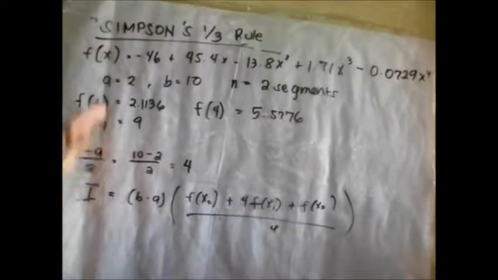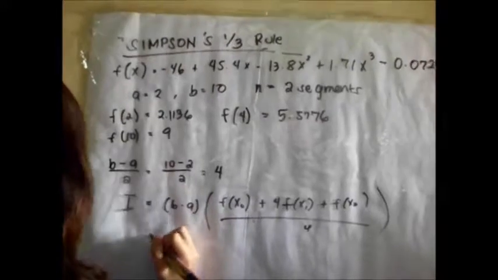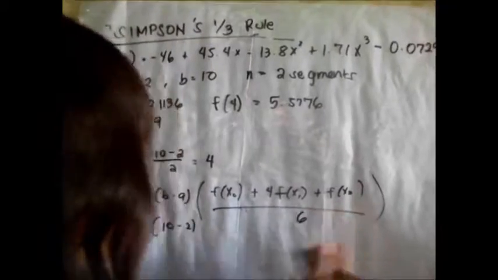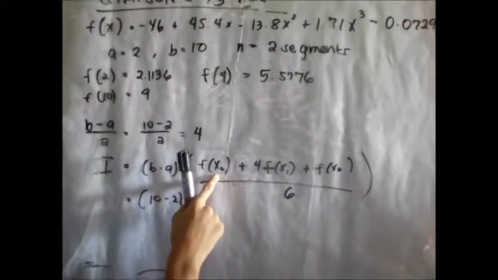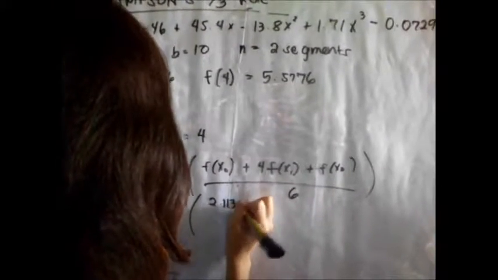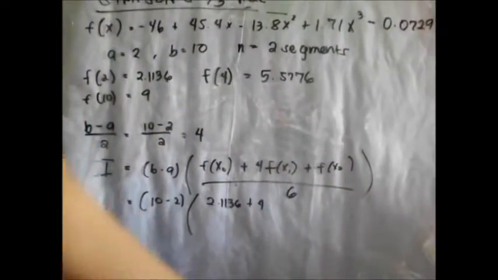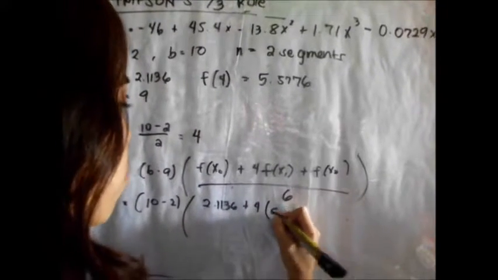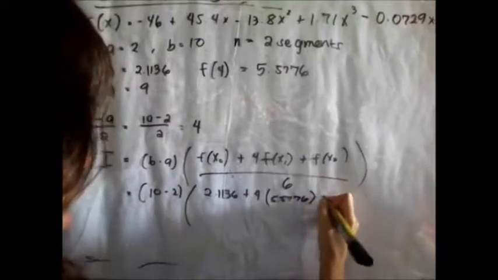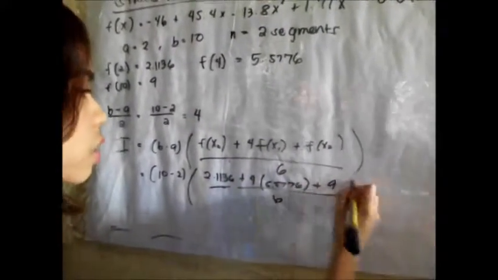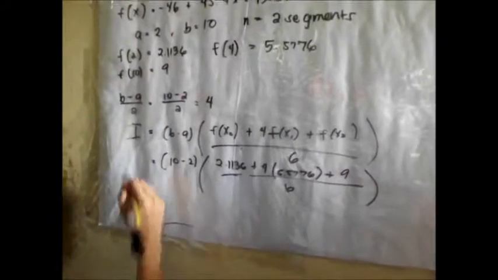Substituting these values into this equation, we have 10 minus 2, then f of x sub 0 is f of 2, which is 2.1136, plus 4 times f of x sub 1, which is 5.5776, plus f of x sub 2, which is f of 10, 9, all over 6. By this formula, we arrive at the answer for Simpson's 1/3 rule of